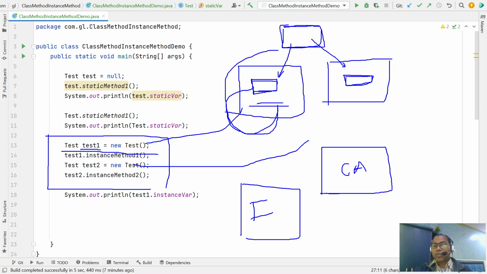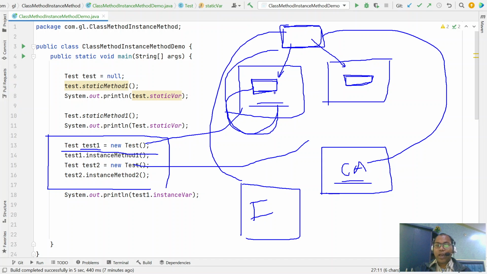A class method can directly access your shared copy. But an instance method can access the shared copy as well as your instance copy. So please note that whenever you create objects, each object has a separate copy of the instance variables. But a class variable has only one copy, which is shareable, so it is accessed from the class name.